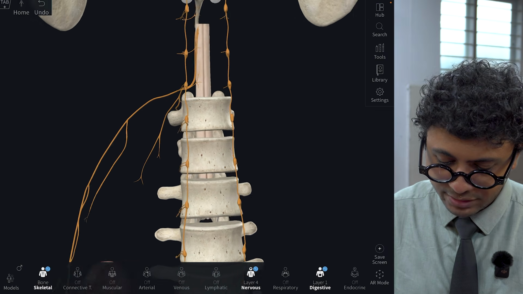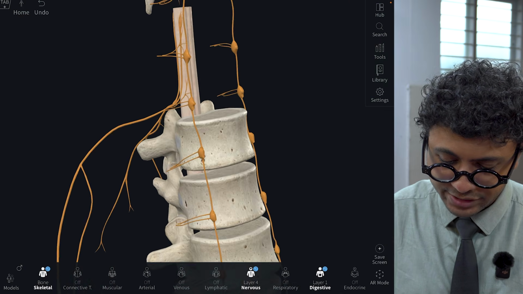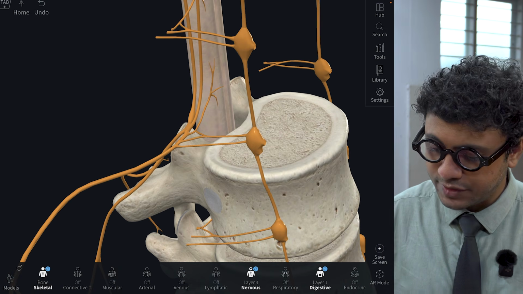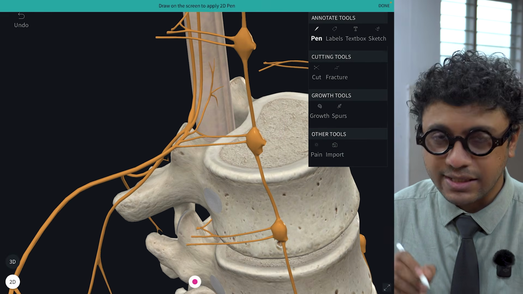So I'm going to clear the 2D pen, I'm going to press done, and we are going to gently move upwards in the model. I'm going to rotate it slightly, and I'm going to reach the T10 spinal nerve. So here I'd like to tell my students that the impulses that